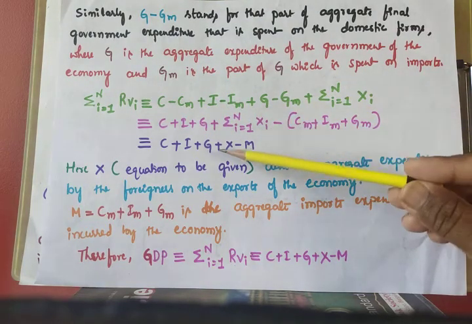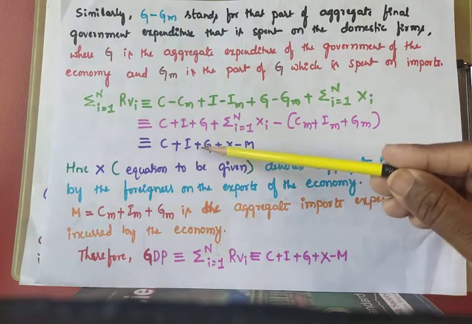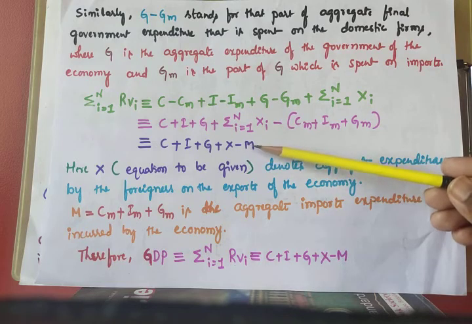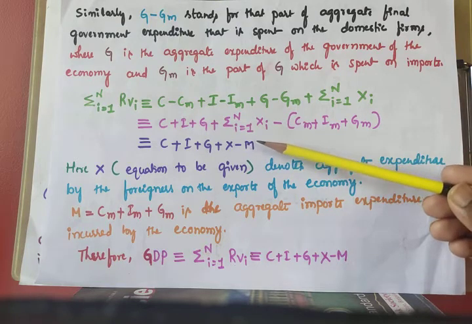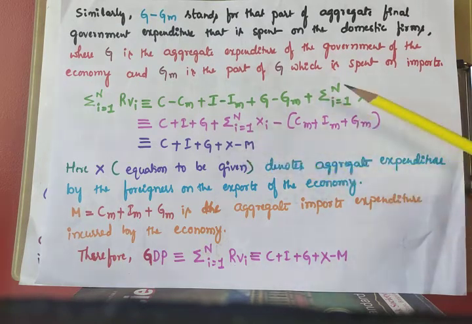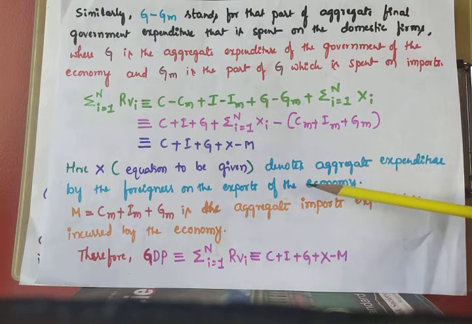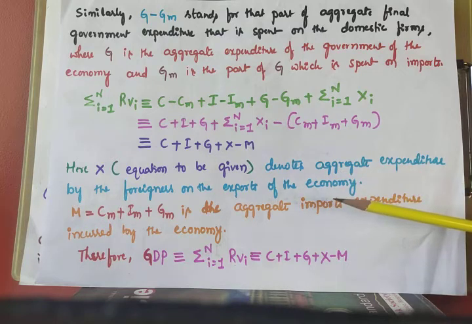Finally we get C plus I plus G plus X minus M. Out of exports, we should deduct the import expenditure. Only then can we get the net X. So here we can easily calculate the national income under the expenditure method. Don't forget, under the expenditure method we should add only final expenditure done by all the firms in the economy.